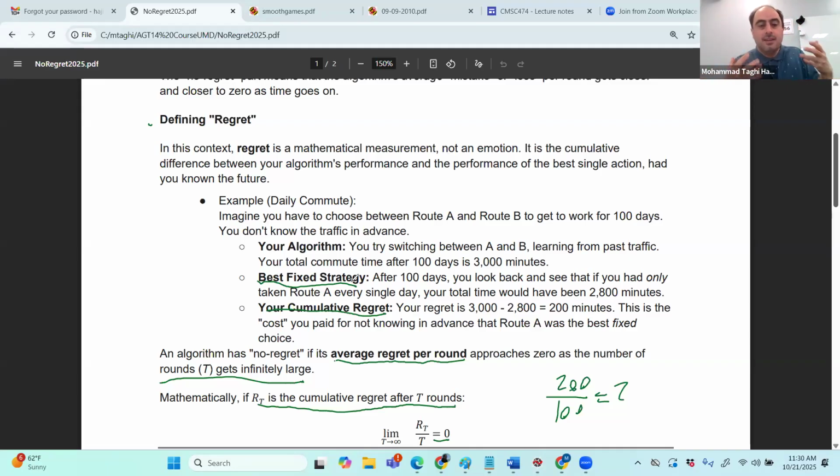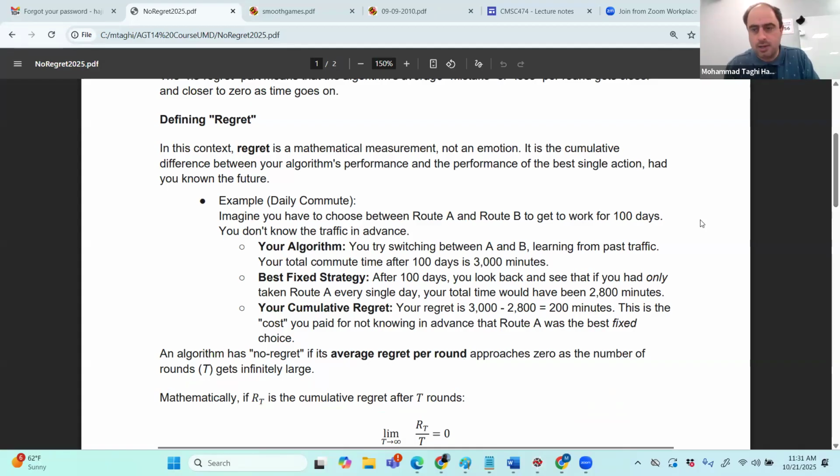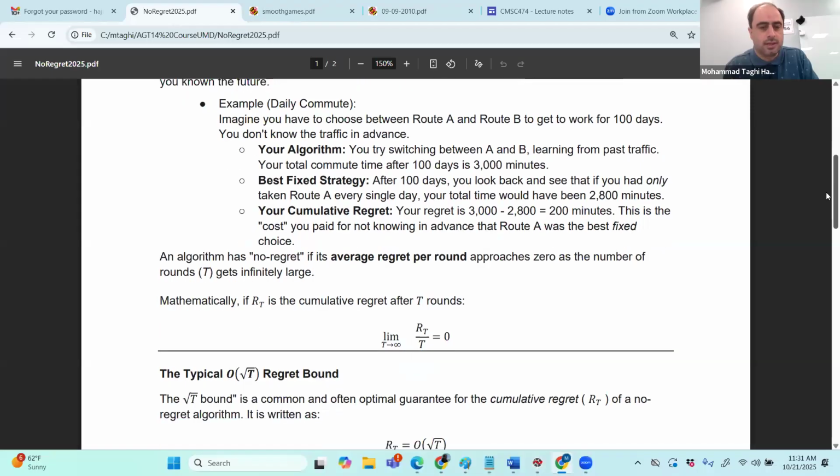The good thing is that if I consider this as my baseline, then I can get some good results, or some kind of provable guarantee. While if I take the optimum that can alternate between these things, I cannot get any meaningful bounds. That's the reason we consider the best fixed strategy. As I mentioned, it is called the fixed strategy in hindsight. If you have seen what happened for A and B, you take the best one, and you want to be at least comparable to it. So that's the meaning of no-regret algorithms: you want your regret to be essentially equal to zero.